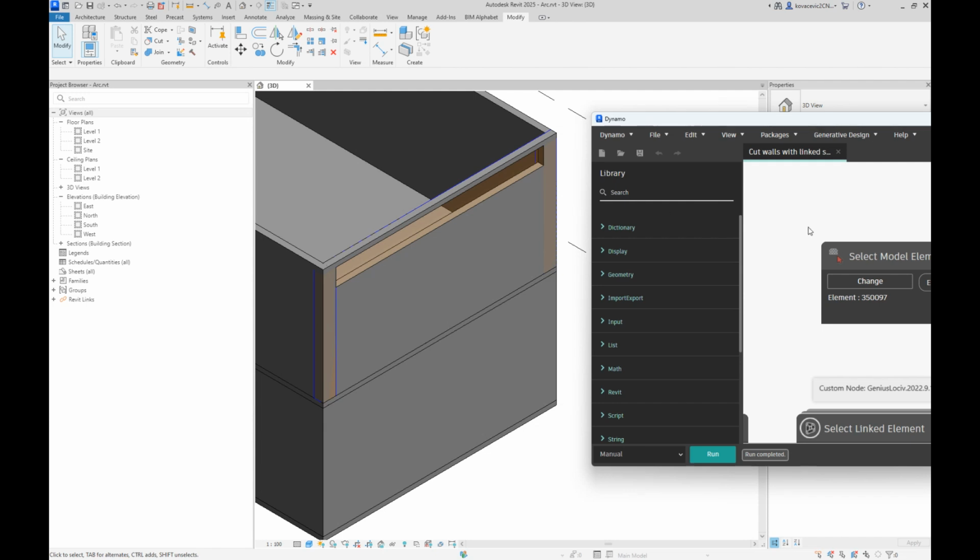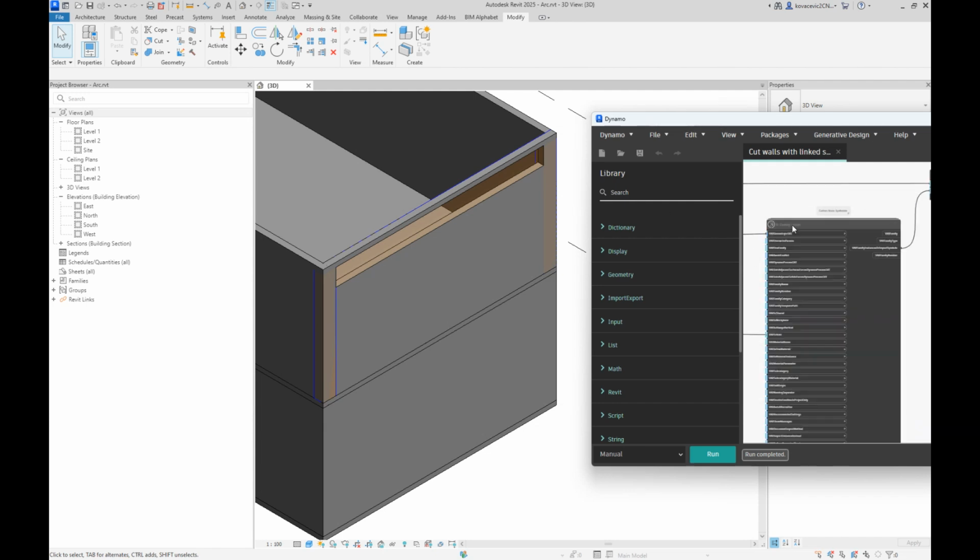So the way the script works is that when we find an intersection between those structural elements and our architectural elements, when we find that solid, we will create basically a new family with that intersected geometry, insert that in the model and try to perform a cut. In order to do that, that newly created family must be a void family. So that is the logic of how we are cutting